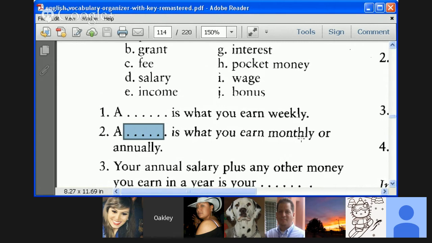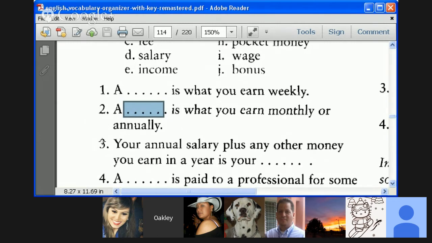Okay, so for British English speakers, a wage is what you earn monthly or annually. I'm sorry. My apologies. And income is the next one. Oh, okay. I got it all screwed up, because it's different American and British. Let me start all over again. My apologies to everyone. I get confused. This is British information. Americans think about this whole thing differently.